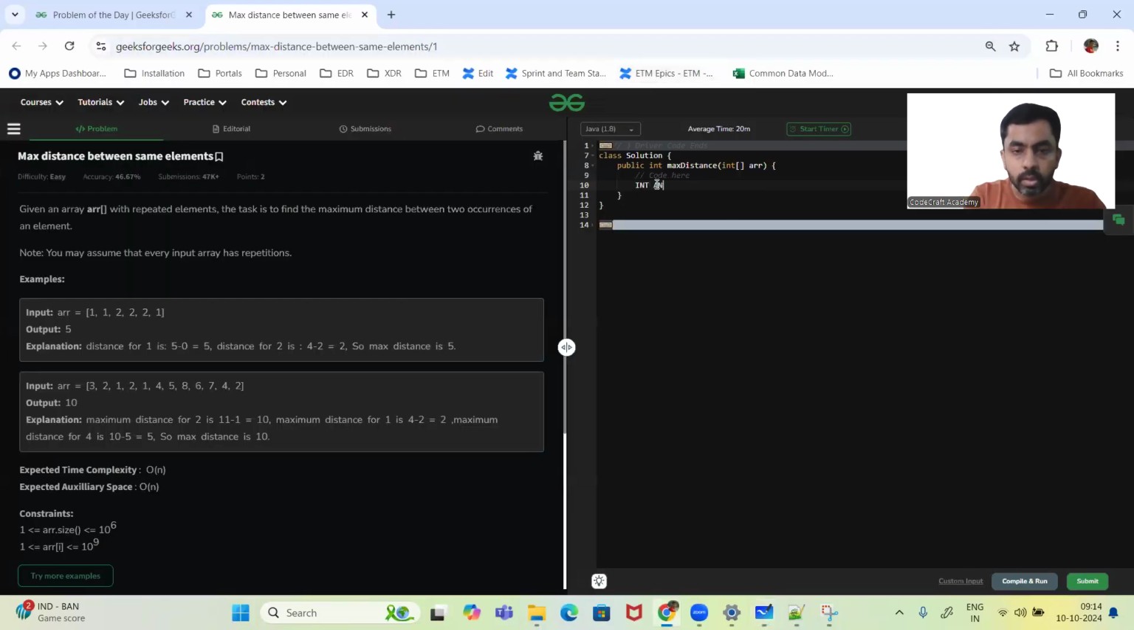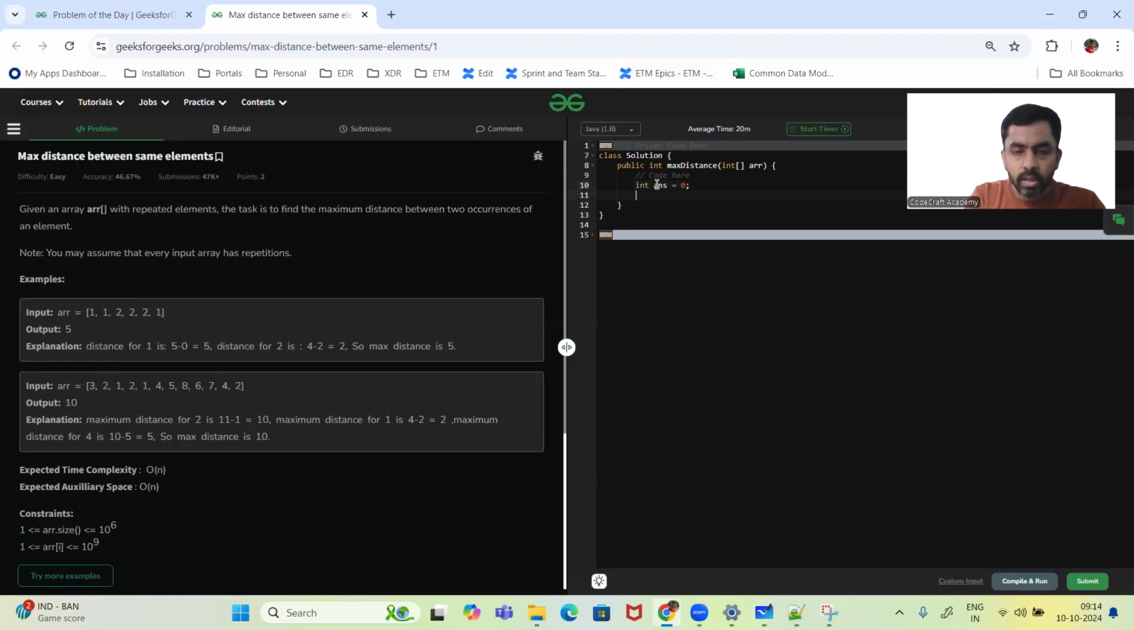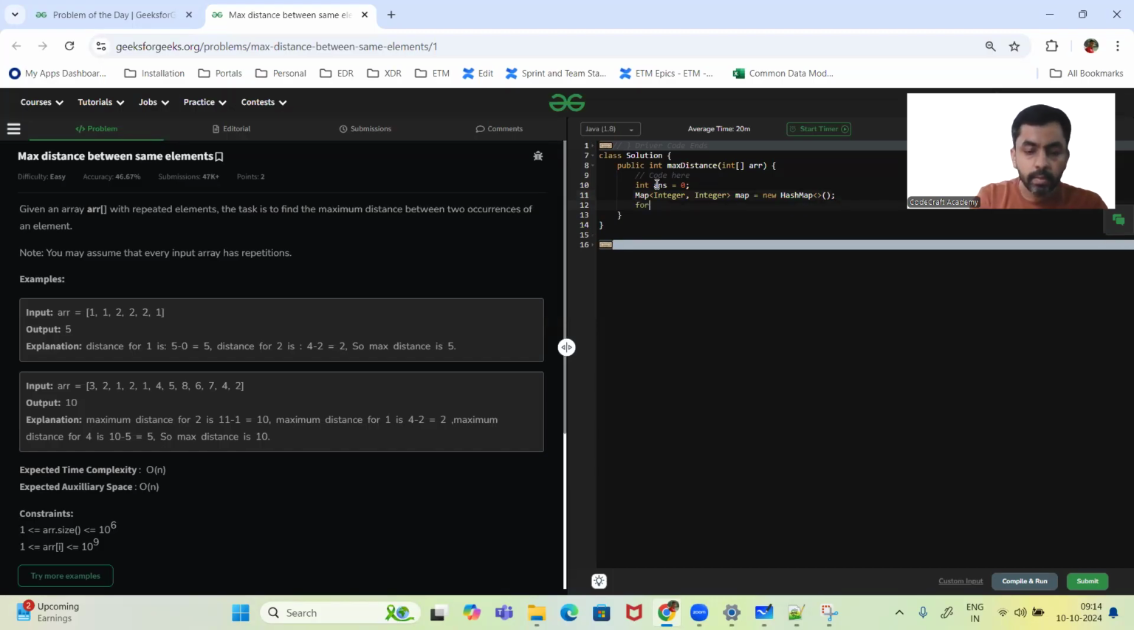So first I'll show the Java code. So int answer equal to 0. Now what we're going to do here is take a map, integer comma integer. Post this, I'll show you the C++ code as well. Map integer comma integer, map equal to new HashMap. And then int i equal to 0,